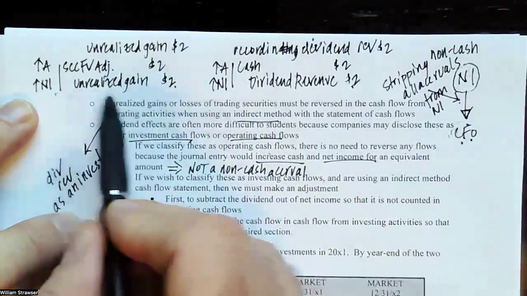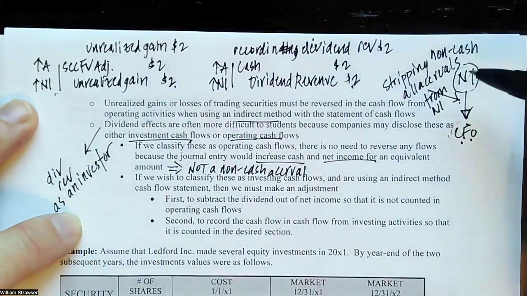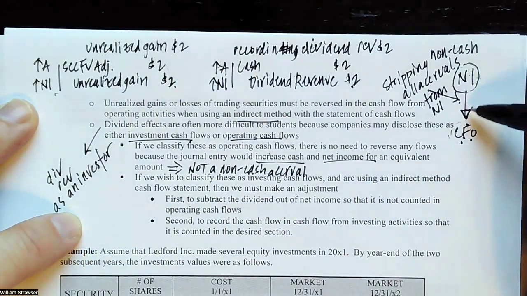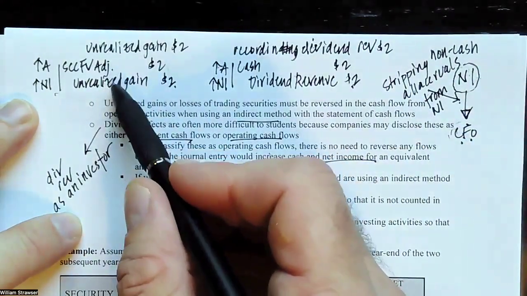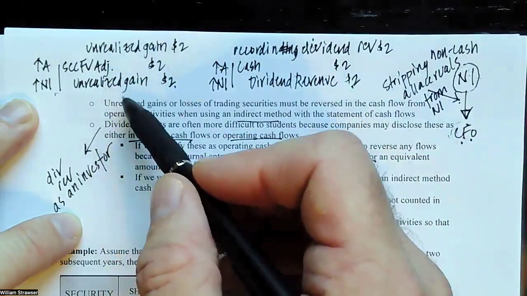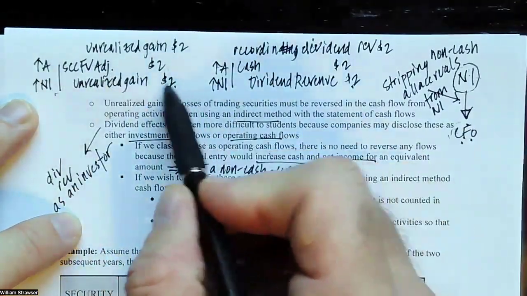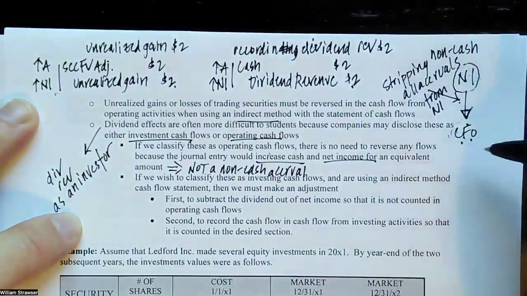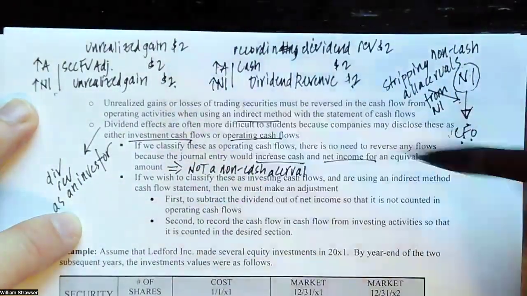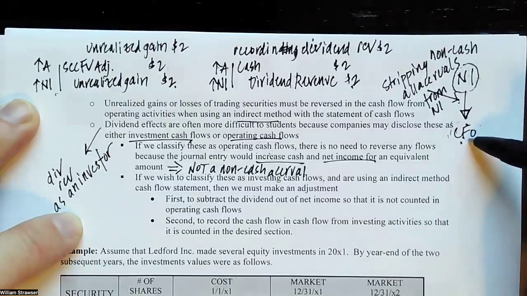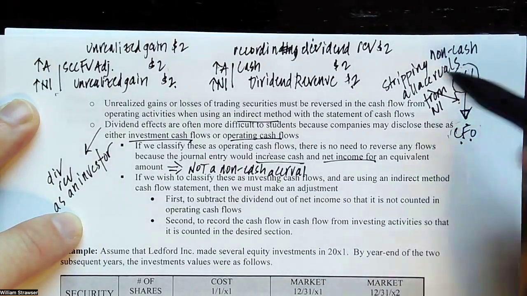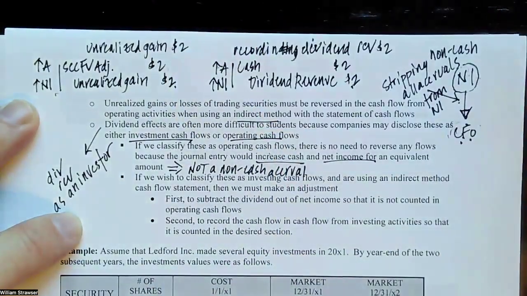Okay. Here, we're trying to go from net income to cash flow from operations. We have something that is increasing our net income, so it is embedded here. But since there's no cash account here, right? No cash account. Doesn't matter that we're increasing assets. That asset is not cash. And since that entry is not in CFO, there is no cash presence. We want to take this $2 out. We need to reverse it.